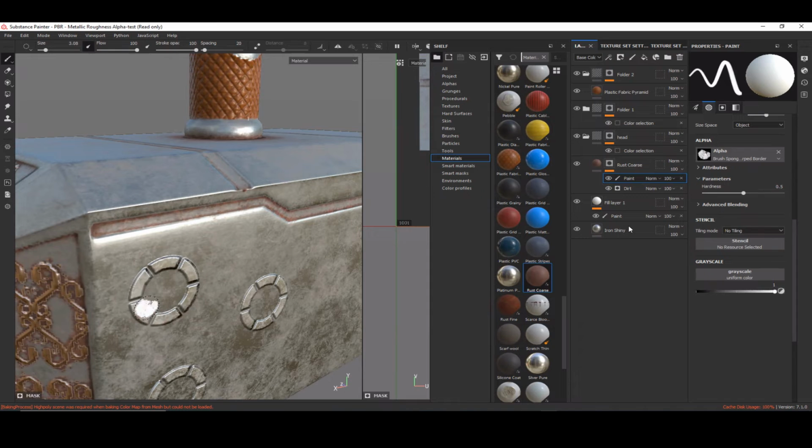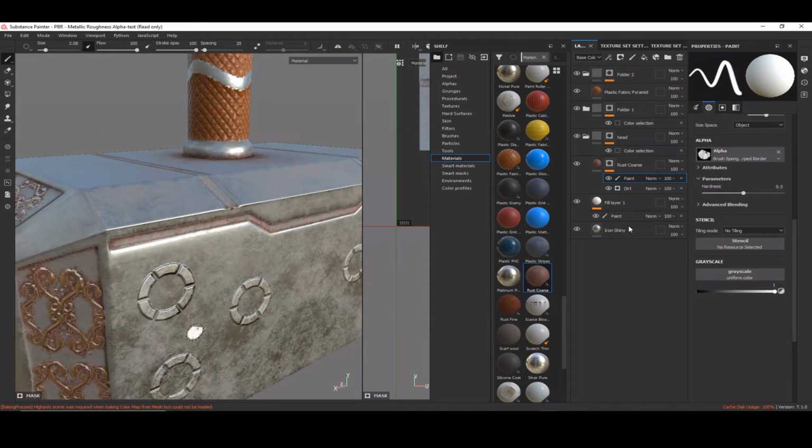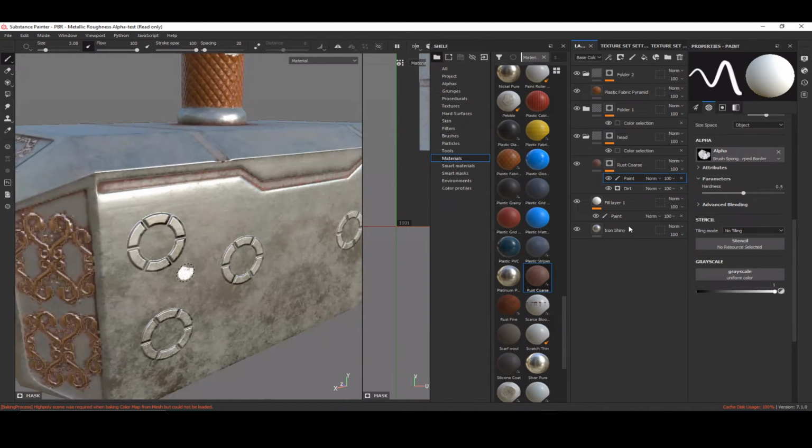So this is not giving me the greatest of results. So in that case, what I can do is I can use a thing called anchor point. Now what anchor point will do is